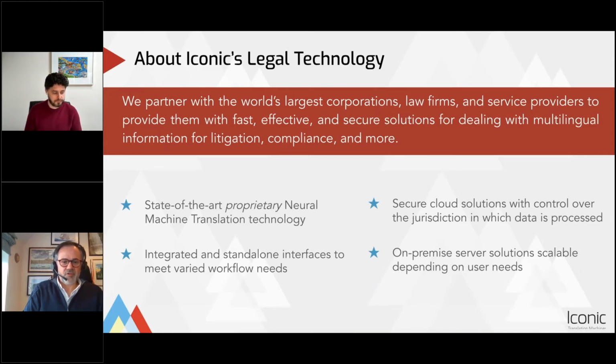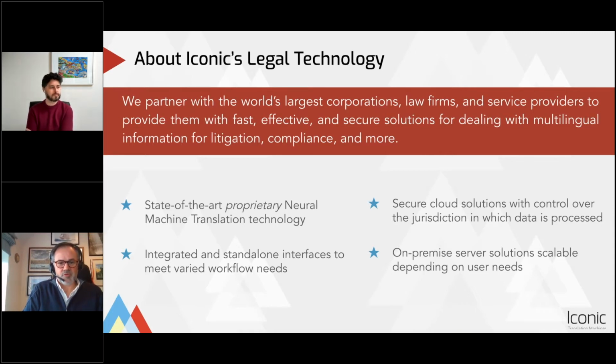The last thing I'm going to do before I hand over to John is briefly introduce you to Iconic and some of the technology that we have. We partner with some of the world's largest corporations, law firms, and service providers, and our ethos is fast, effective, and secure solutions for dealing with multilingual content for litigation, compliance, and beyond.